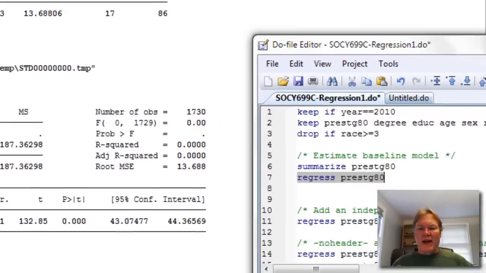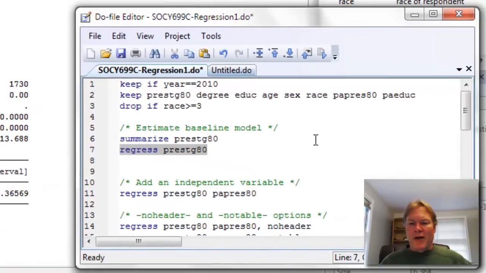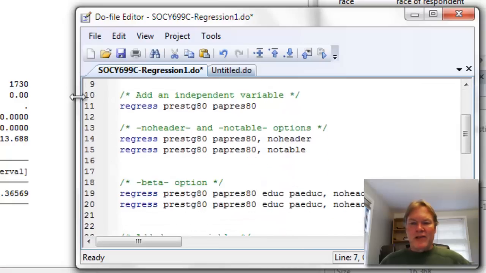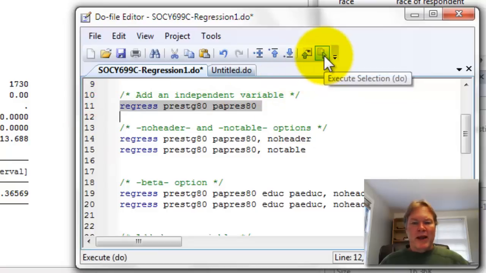So I'll just add another variable in here. If we move down to line 11, you can see now I'm going to highlight this line. We're going to use the regress command. We're still going to have our dependent variable be the occupational prestige variable, but now we'll add another continuous variable which represents the father's occupational prestige. And we're going to look at the relationship between father's occupational prestige and the respondent's occupational prestige. And when I execute this,